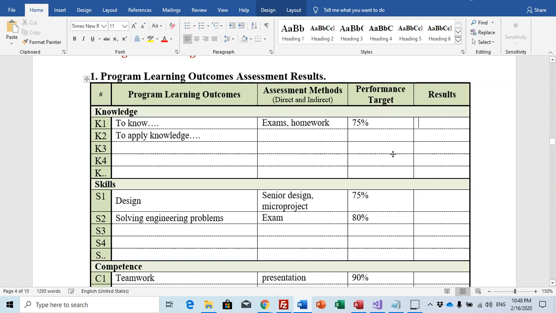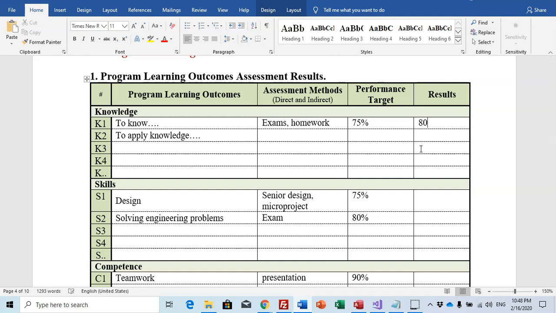The results, of course, should be taken from the courses that participated in measuring these learning outcomes, and take the average. For example, if this learning outcome is measured by 5 courses, take the rubric results for all 5 courses and write the result here.